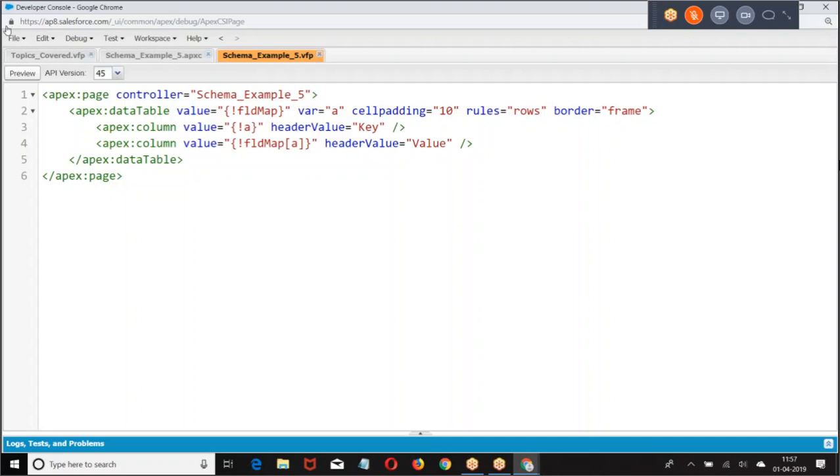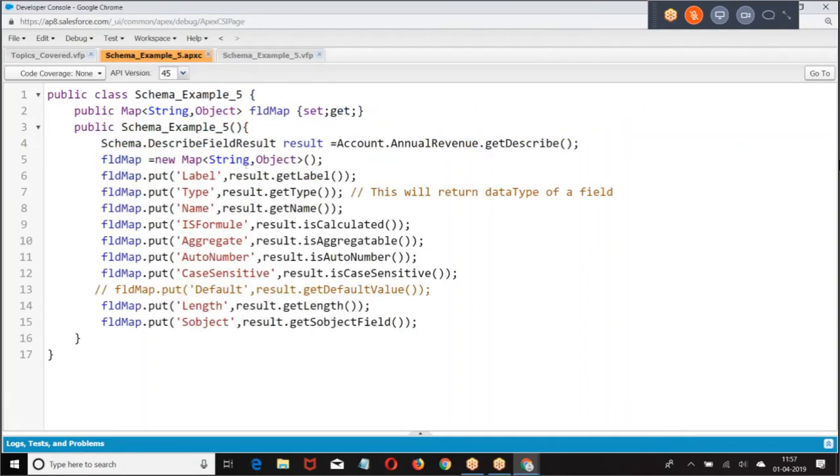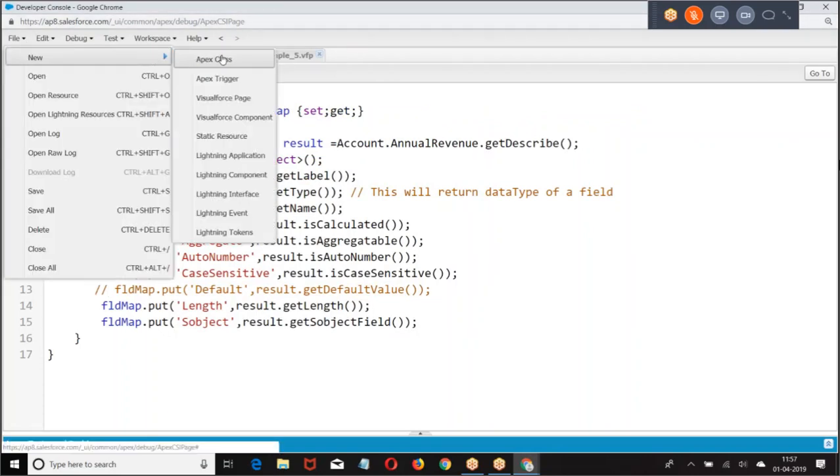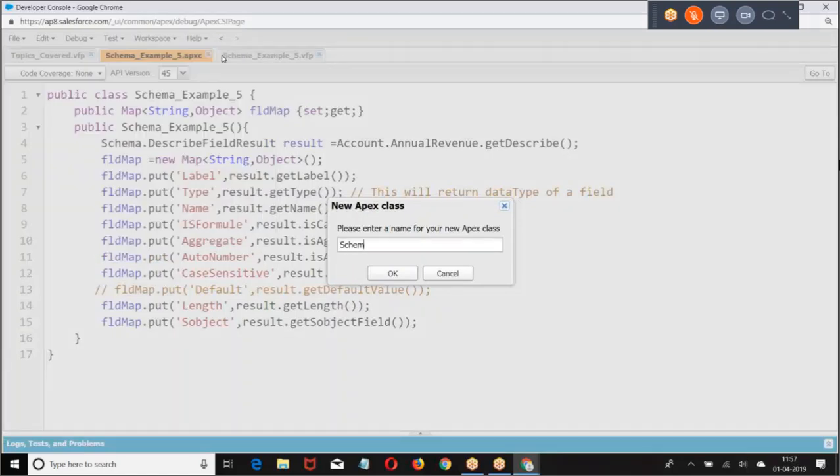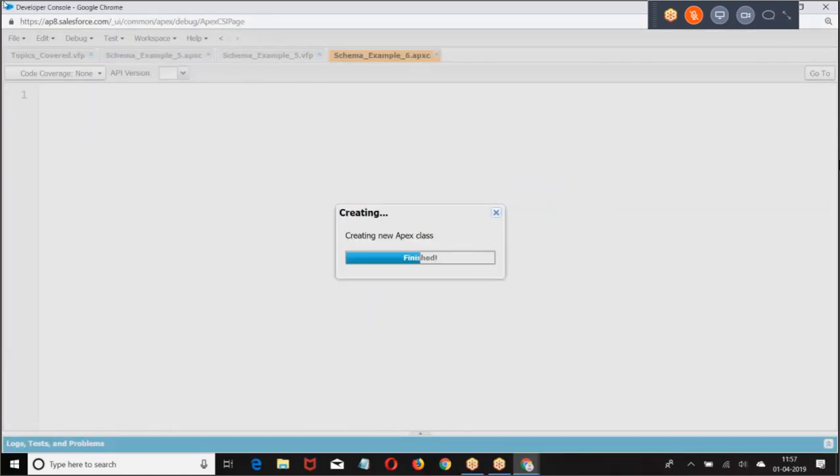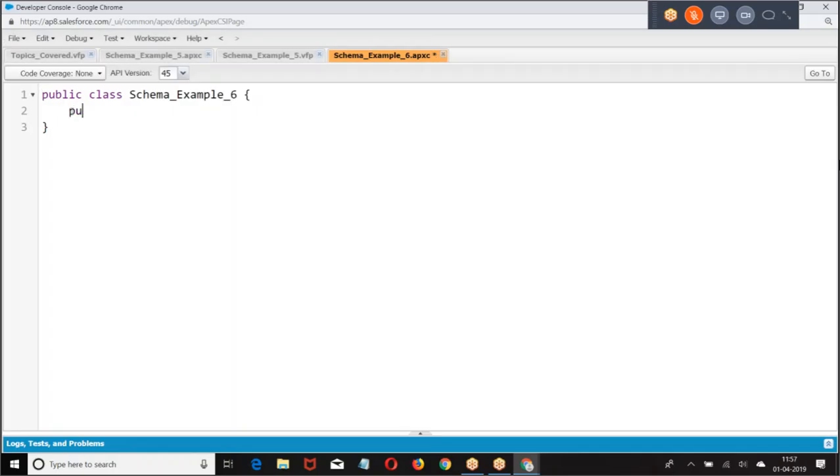Now let us take a quick example. Try to get my example. Listen carefully, boss. I'm going to take combinations now. Public map of name of the pick list field, list of options that we have.